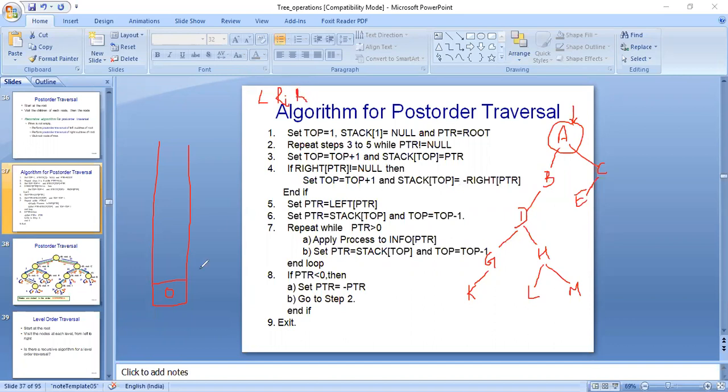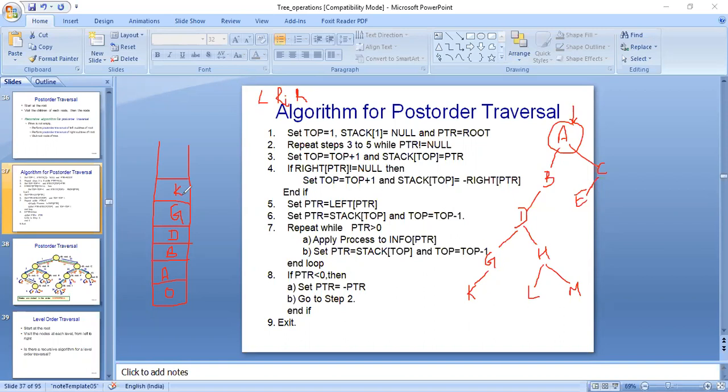So we will be pushing all the left nodes into our stack. So we will push A, B, D, G and K, and we will stop at K because K is the leaf node. When we encounter the leaf node, we will start backtracking.